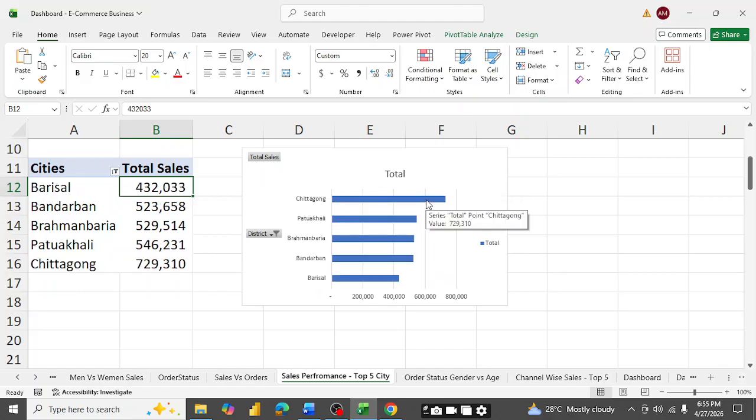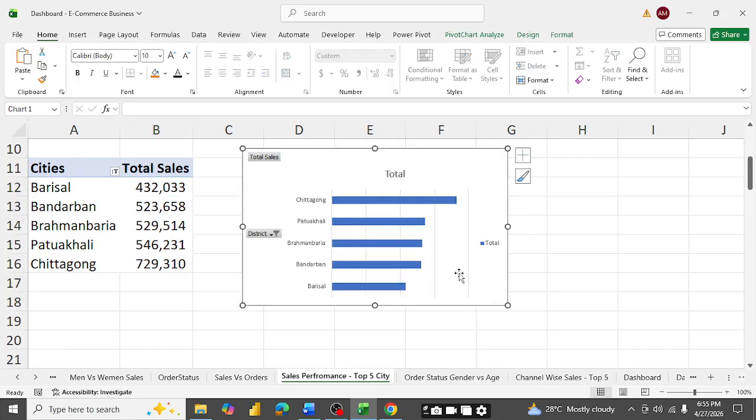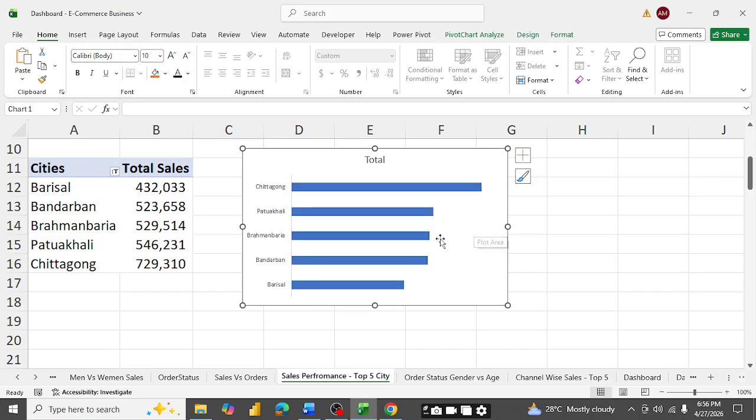Okay, so the information given over here is nice, clean, and tidy. Now we just need to delete the grid lines and the other ingredients given over here. Now let's hide the value buttons, and now we have a nice clean and tidy